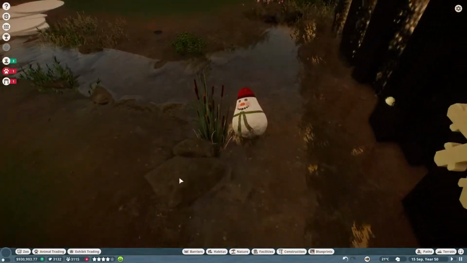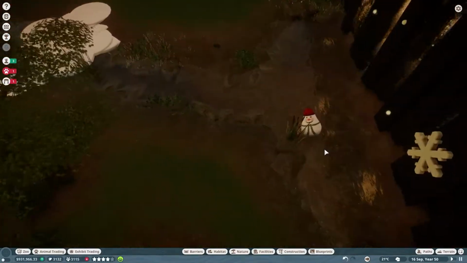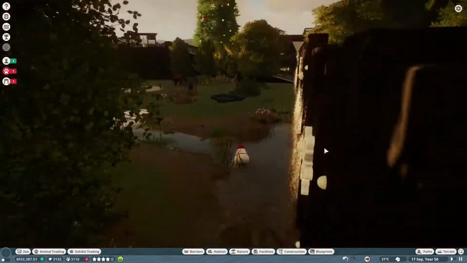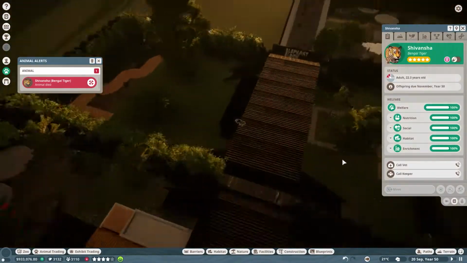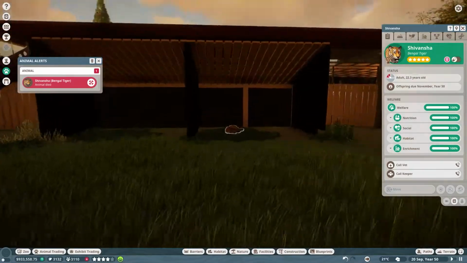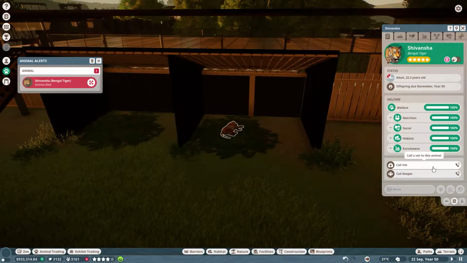Oh, look at this, we've got our little snowball in the... I was like, wait, what, did I place something in this habitat? But no, they have a toy. Oh, cute. Ah, and as I said at the beginning here, our Bengals are dying, so let's call